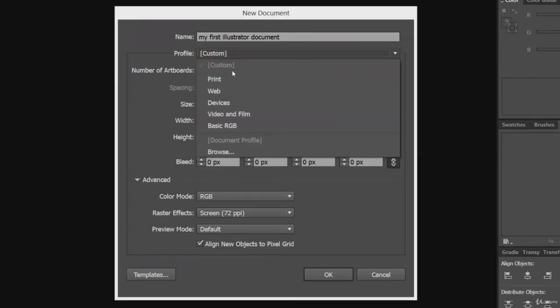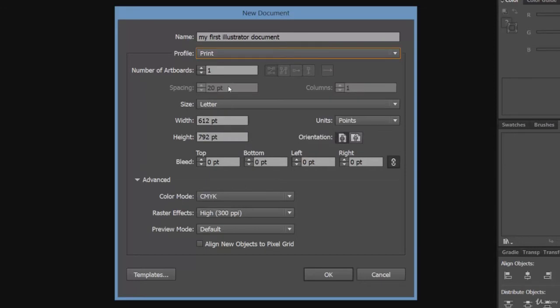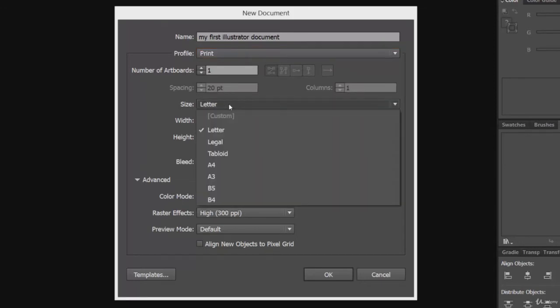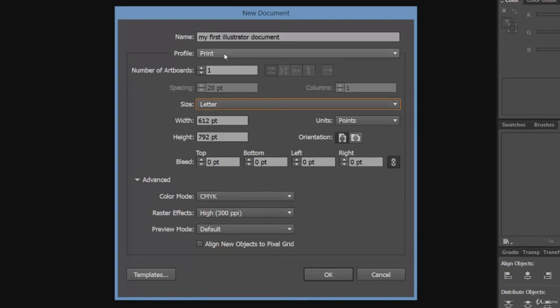Now let's change it to print and see, currently the size is of letter type. And see, here we are having some other options: letter, legal, tabloid, A4, A3 and some other options also. Well, these are regarding print.